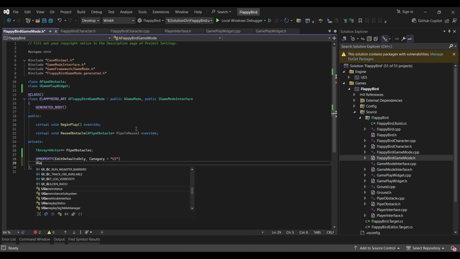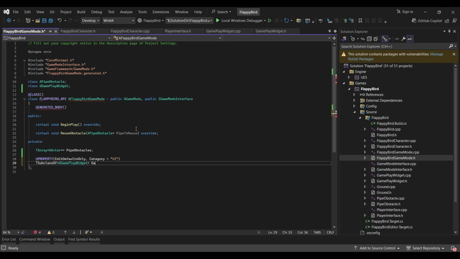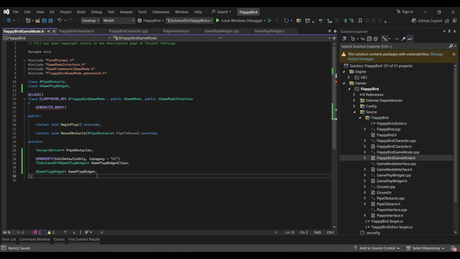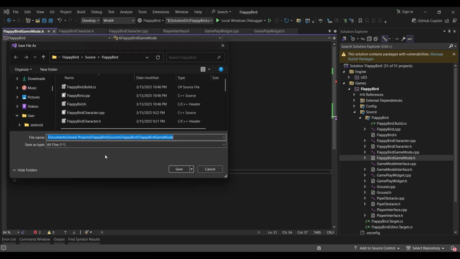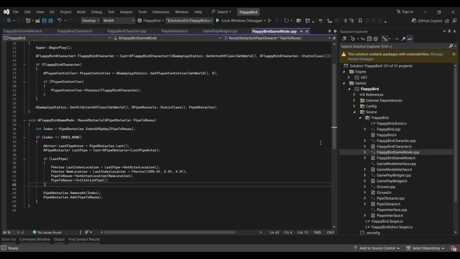Now the subclass of UGameplayWidget, let's call it gameplay widget class, and UGameplayWidget gameplay widget. So this variable will store the widget when you add it to viewport. Okay, now in our game mode.cpp, in the begin play,